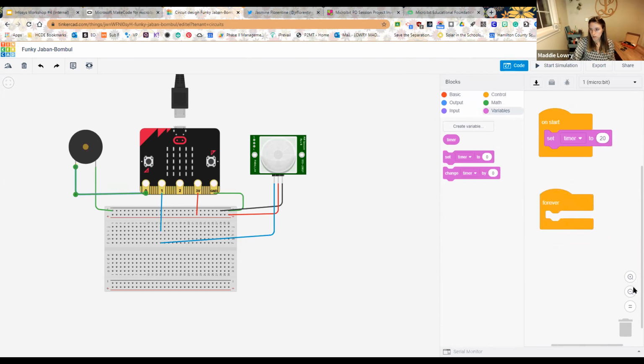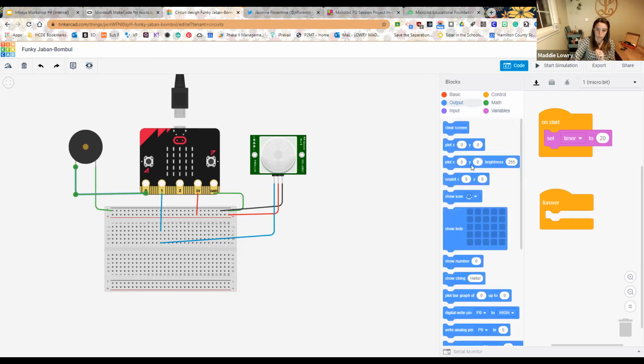I'm actually going to zoom out just a little bit here in a second, because I need to fit it all. The only extra thing we need to do here is digital write, which is essentially telling that pin to be something. We need to make sure these pins are both essentially off or low in the beginning. This is just a habit you probably want to get into as you code. So if I go to output,